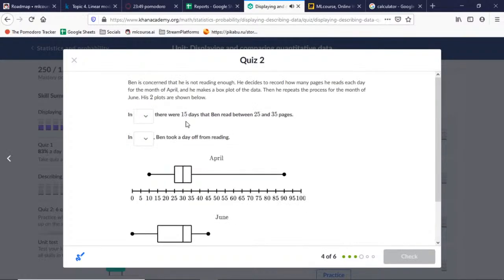Ben is concerned that he is not reading enough. He decided to record how many pages he read each day for the month of April, and he makes a box plot of the data. Then he repeats the process for the month of June. His two plots are shown below. There were 15 days that Ben read between 25 and